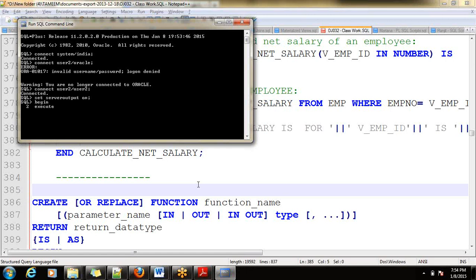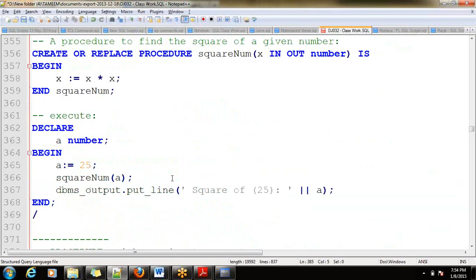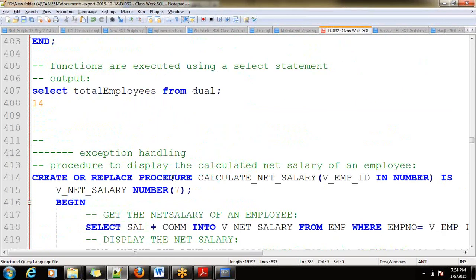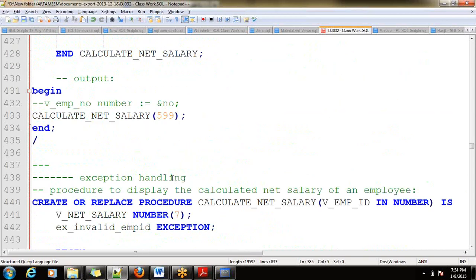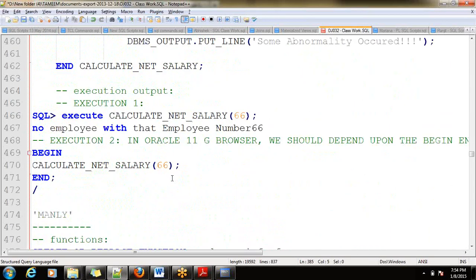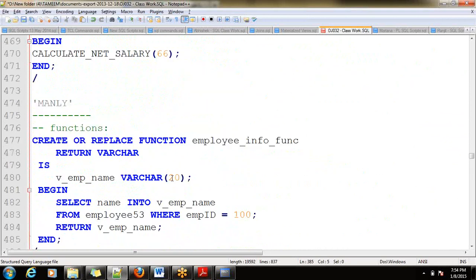Then execute the procedure name, that is calculate net salary. Then we need to pass the employee ID over there. We need to remember the employee ID. For this I need to fire a query.